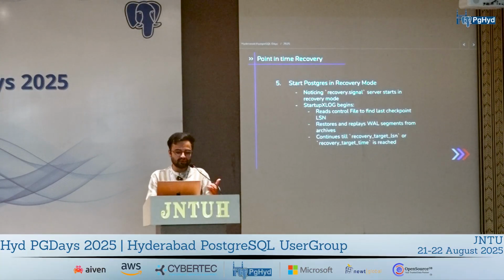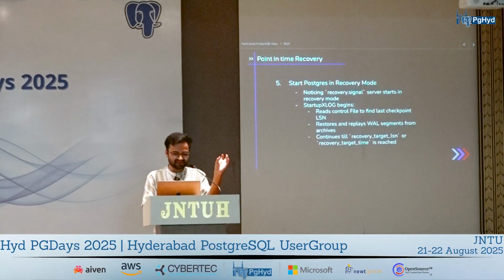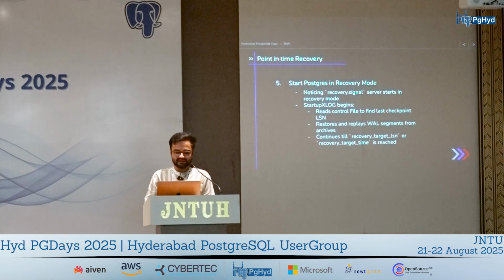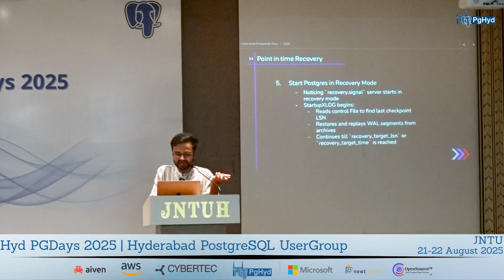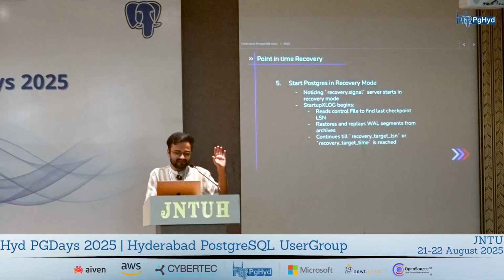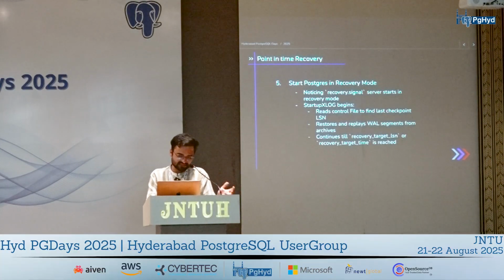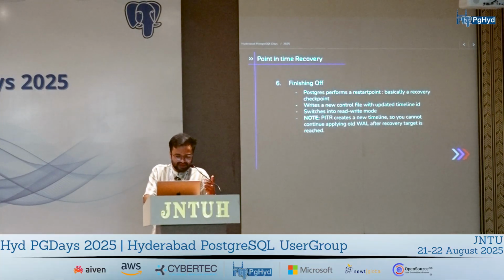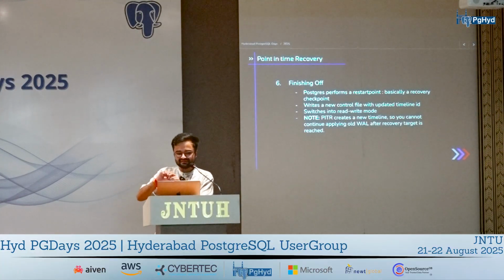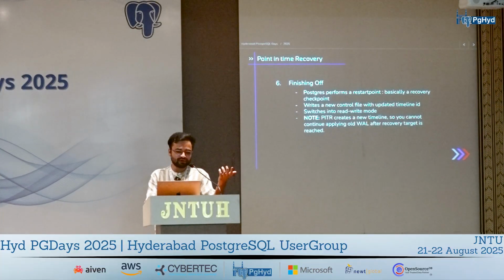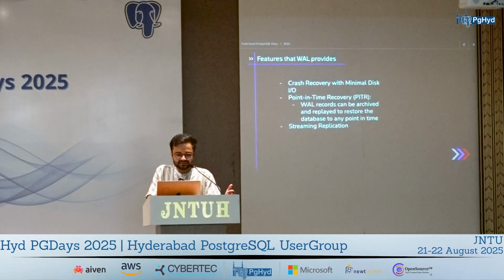The postmaster process automatically picks up the recovery.signal file, and it instructs startup xlog to start reading from that particular LSN. This was directly in the workflow that we discussed earlier related to how startup xlog is called within the postmaster process. And after this, Postgres resets the timeline for this particular cluster. So after this, whatever WAL records are written, they are written to a completely new timeline.